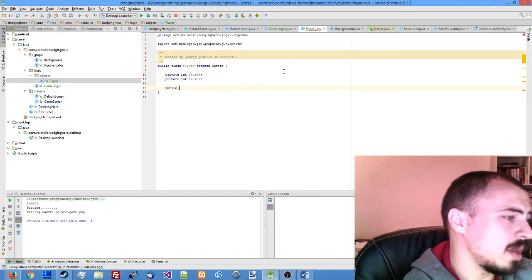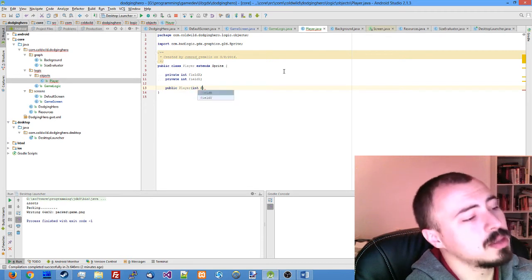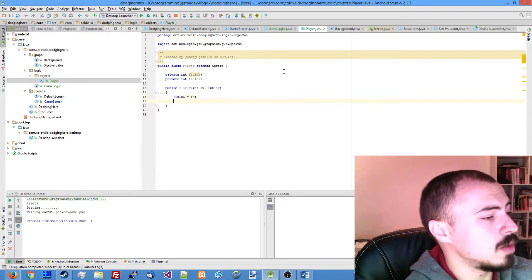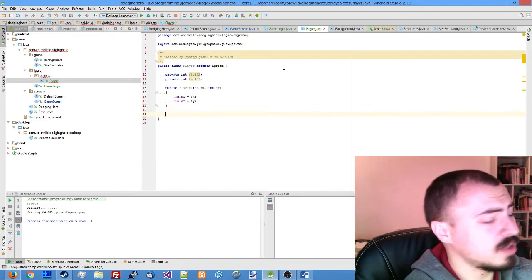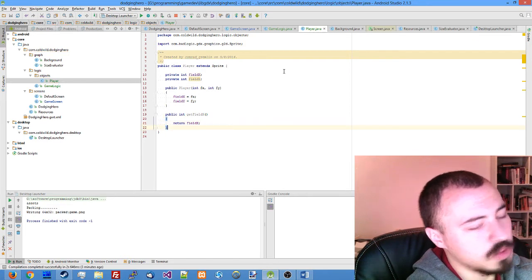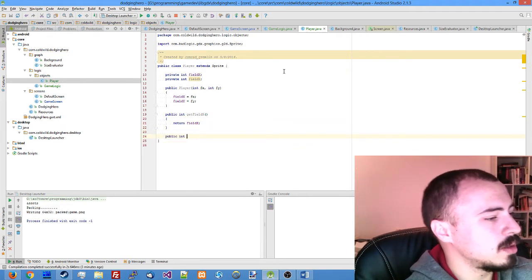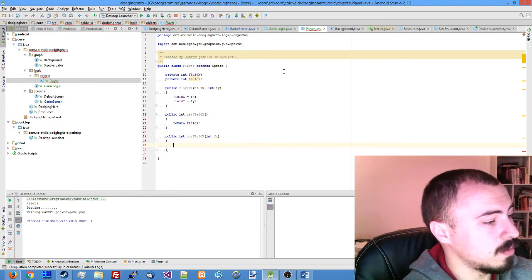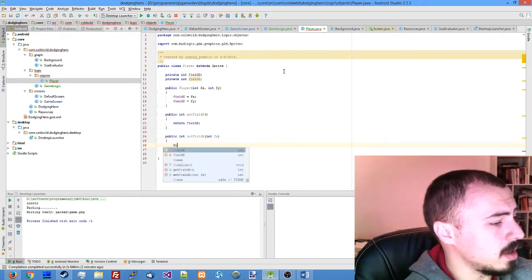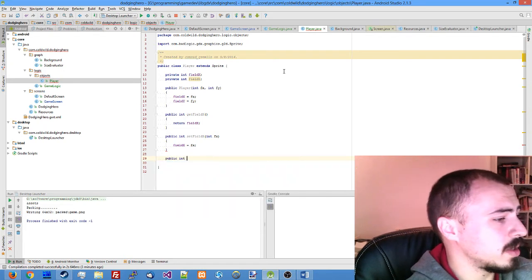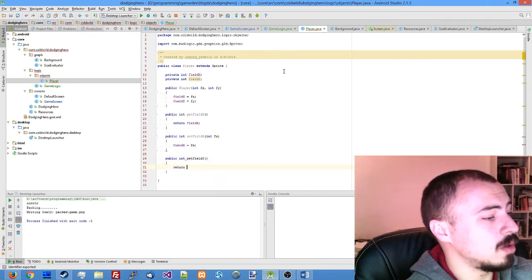And as we create the player, we'll need to pass the initial values for those parameters and assign them. We will also need setters and getters, the simple ones: public int getFieldX, which will return our field x value, so we would not need to access it directly, and public int setFieldX, which will allow us to set the value of the field where the player is standing. Basically assign fx to our field, and let's do the same for the y coordinates. Public int getFieldY, where we return